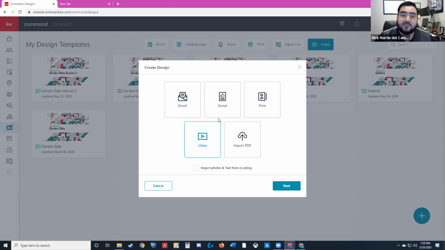So it's pretty great because if you had maybe a marketing helper or assistant or someone that created a flyer for you in the past and you lost contact with them, you can always import that PDF into Command, and it will do its best to segment all of the elements and recreate the design for you within Command, so that you can edit the text, swap out the photos, and so forth. So that's a really cool feature. That was one of the latest features. I think it came out around the same time as the videos did.